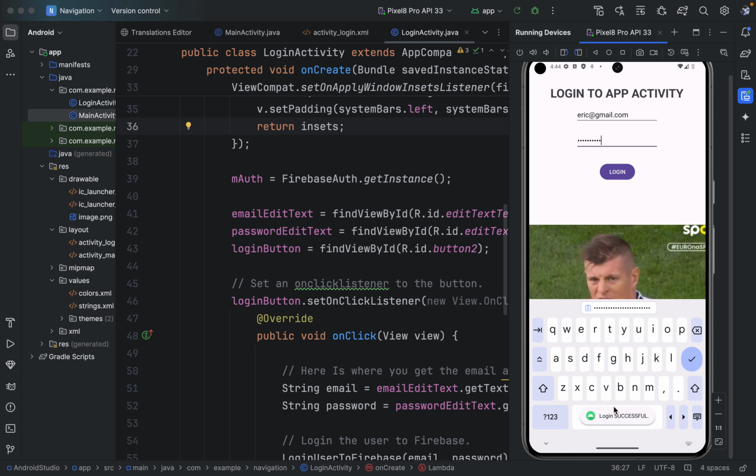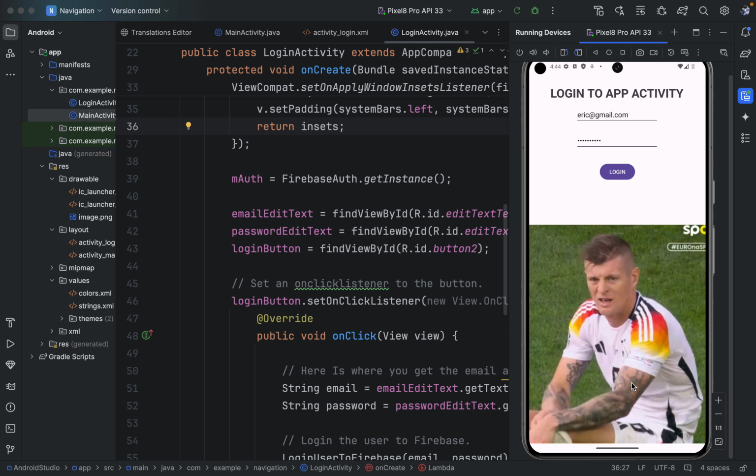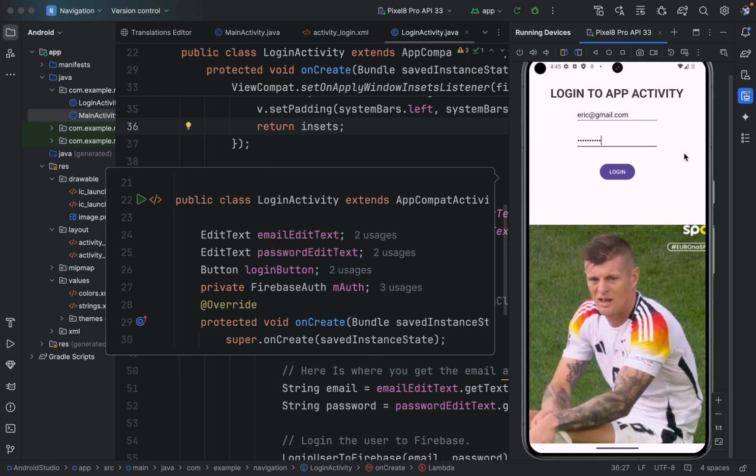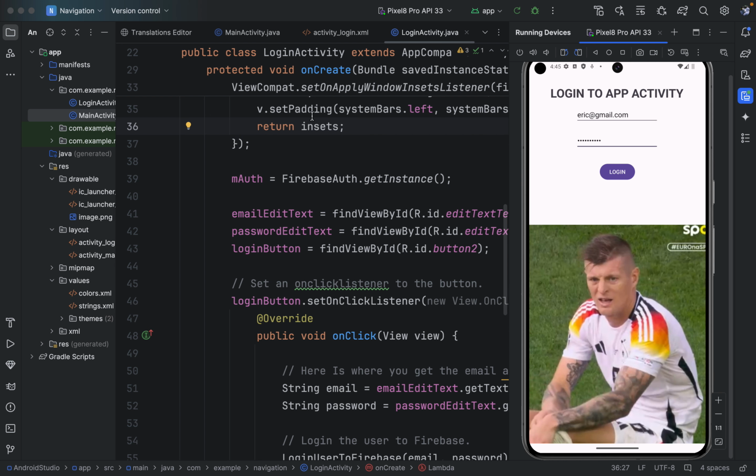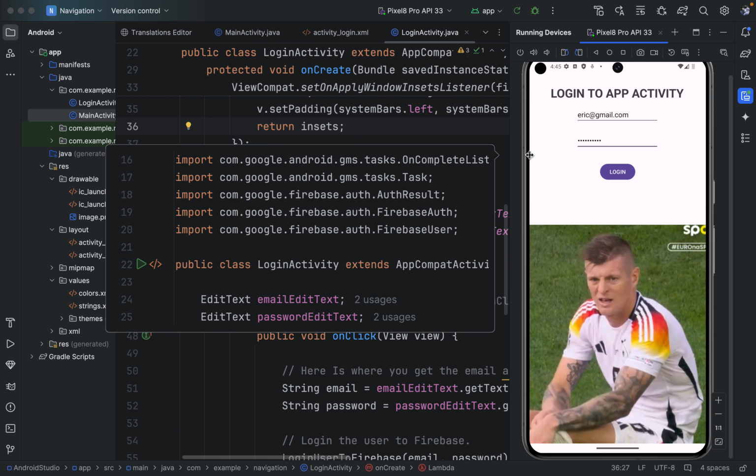Let's see whether, yeah, awesome. As you can see, the login is successful. So it's going to Firebase and checking whether the user is successful. And yeah, lastly